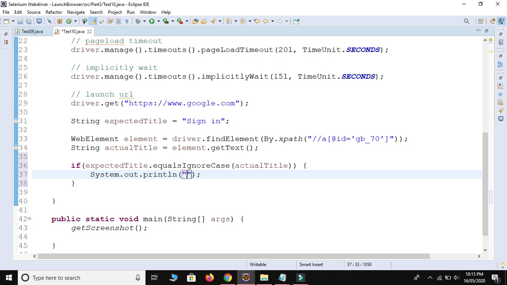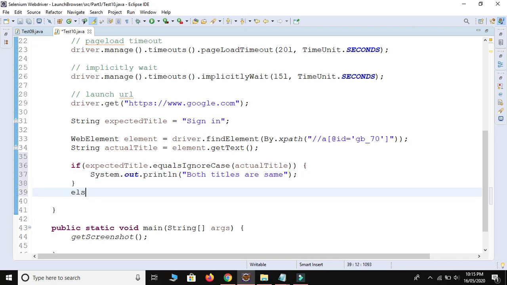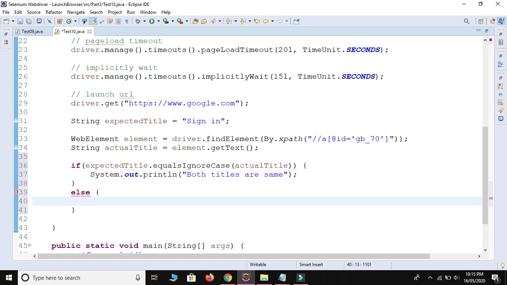System.out.println both titles are same, otherwise System.out.println title mismatch, or otherwise we will take screenshot.